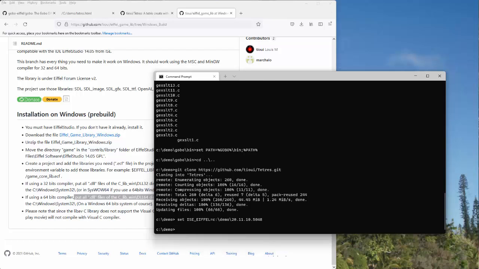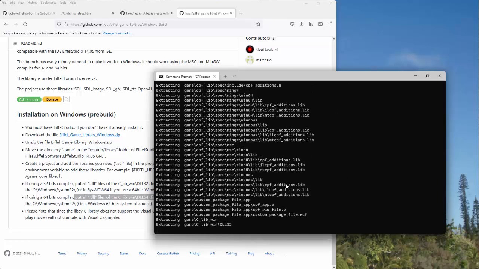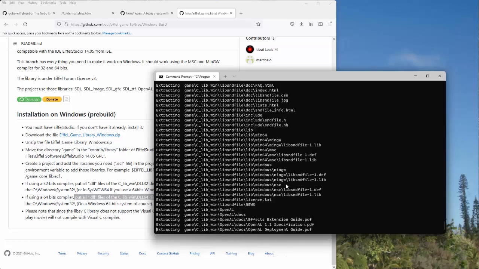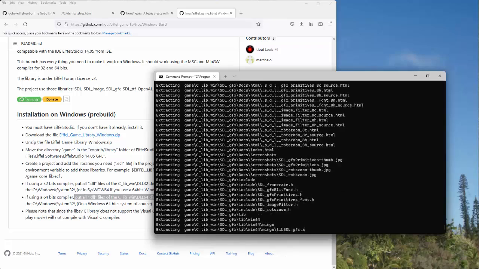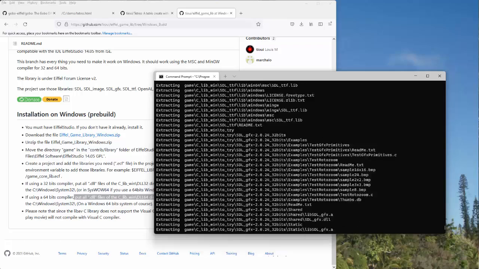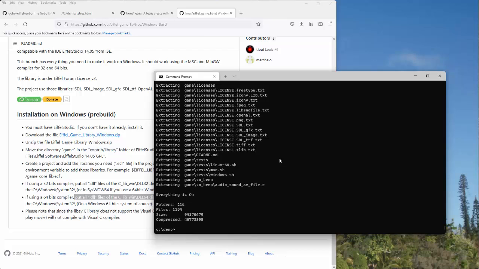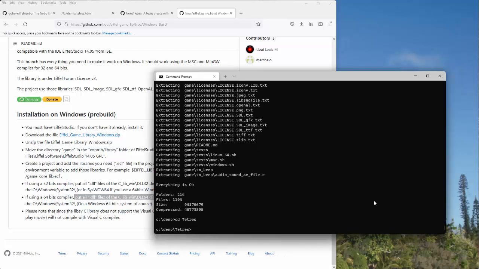And then I will unzip the zip file. And I will also copy the DLLs as indicated in the instructions.